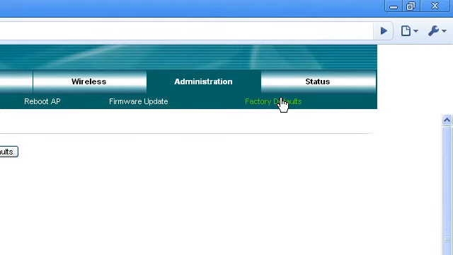The next one is factory default. If you have changed something and you cannot recall what other settings you've changed, you have to go to the factory defaults, then restore. The best thing in configuring this device is to write it down and keep notes, so there's no need to click the factory defaults.